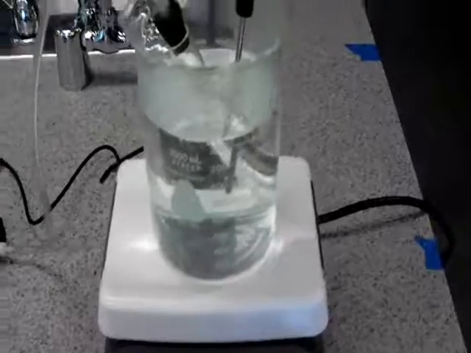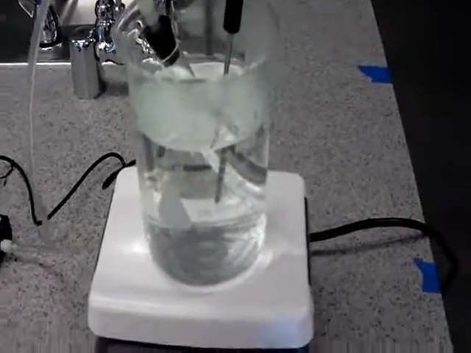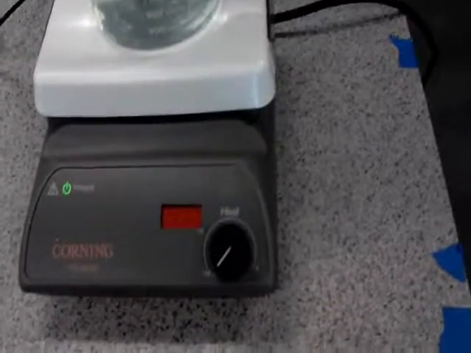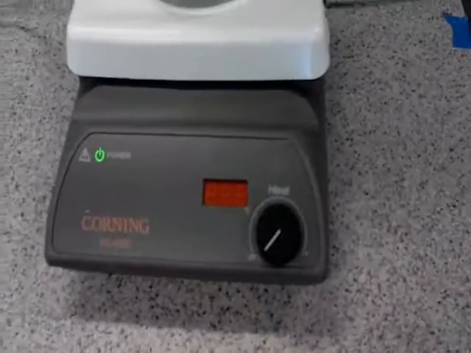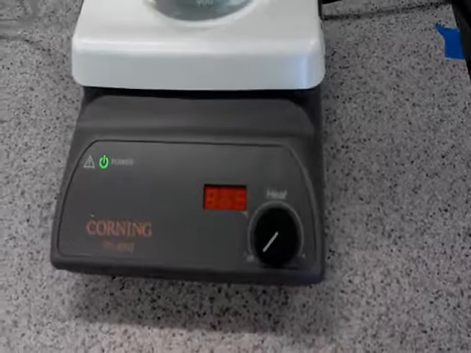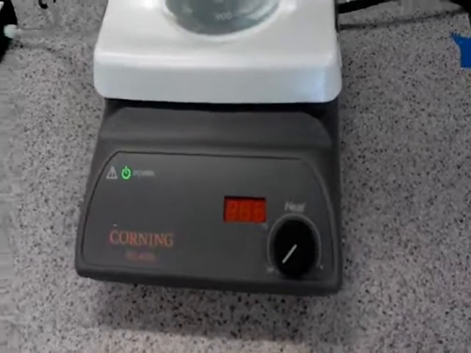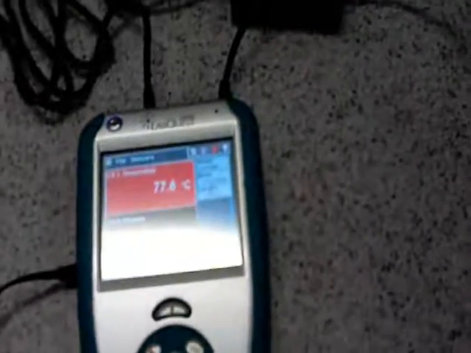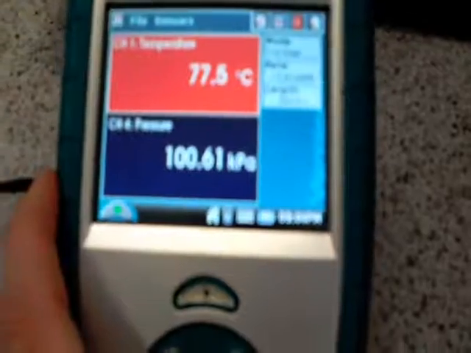All right, in just a minute when we get the data collection software ready, then we're going to hit collect, and we're going to turn the heat setting up to about 250 degrees Celsius. Alright, over here on the LabQuest, there are a few things I need to do. First, you'll notice that